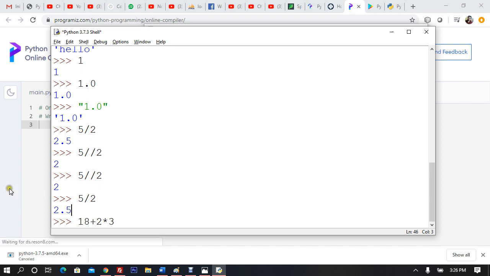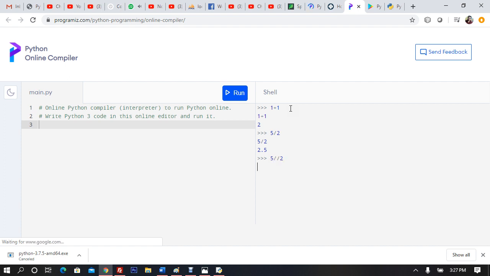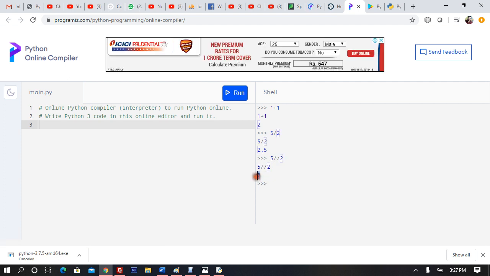Alright, I wanted to show you that the same things that we are doing in here, we can do online using the Python shell here. So I can say 1 plus 1 is equivalent to 2. I can say 5 divided by 2, 2.5, and I can say 5 floor division by 2, you get 2. Now the same thing can be done online, but we may not be able to do bigger operations as we go along with the classes, not today but in the coming classes.